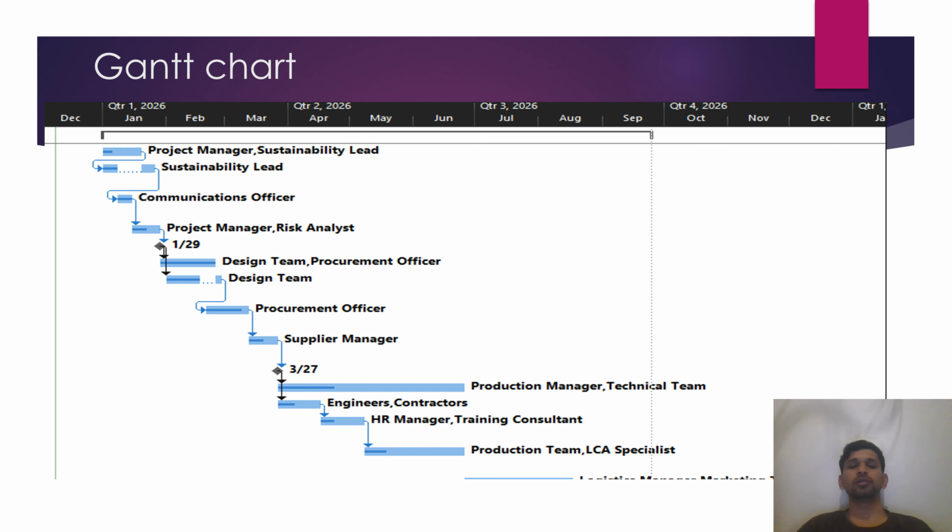The next slide shows the Gantt chart. The Gantt chart displays the project timeline, showing when each activity begins and ends. This helps to ensure that the tasks are aligned and the project remains on schedule. It also highlights how certain activities overlap, such as training and community awareness. The timeline gives a clear idea of how the project progresses from its initial planning stage to full implementation. Overall, this chart helps keep the project organized, accountable, time bound, and shows how much is completed and how much work still needs to be done.